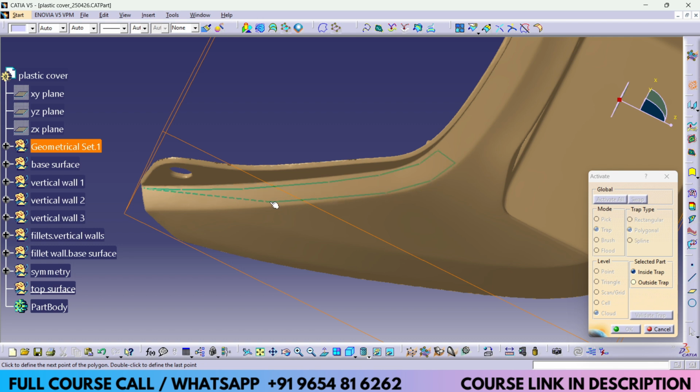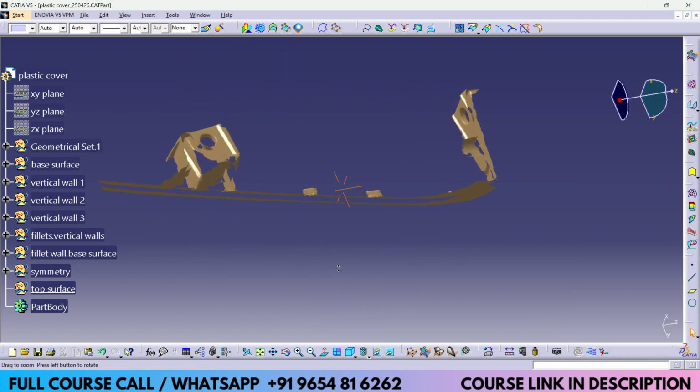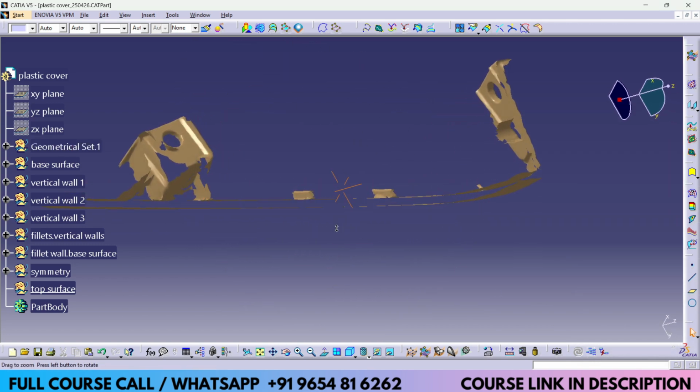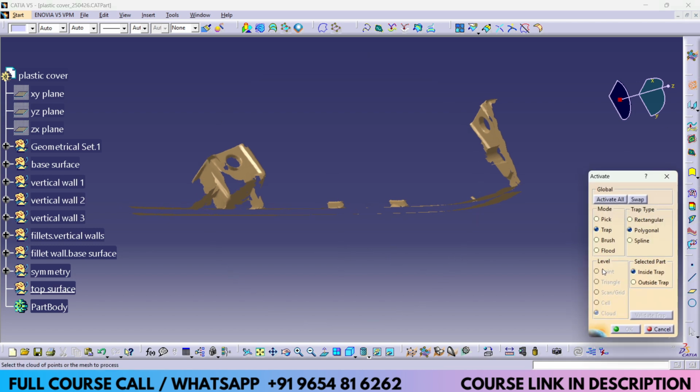Since this option is insert the polygon boundary, this command will select both outer and inner scan, meaning A surface and B surface we can say, then okay. So I will try to activate only A surface, that is the outer scan. Go to activate again.